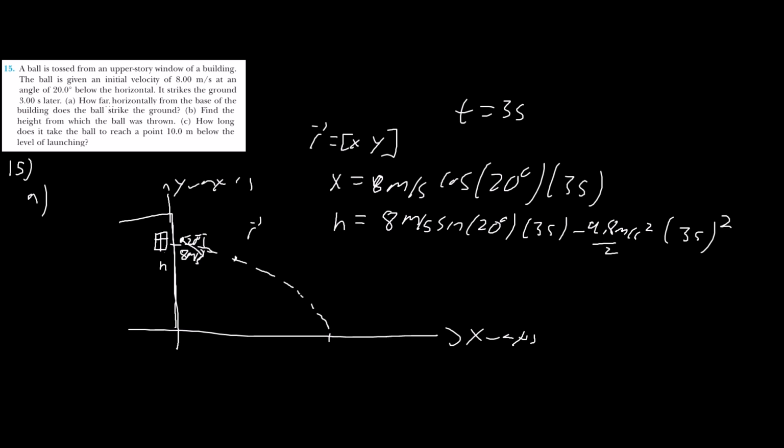So for part A, how far from the base does the ball strike the ground? Well, they do give the time, and you have the initial speed and the angle, so that means you have all the components. All you have to do is grab your TI-84 calculator. So 8 cosine of 20 degrees times 3. And then the other one is